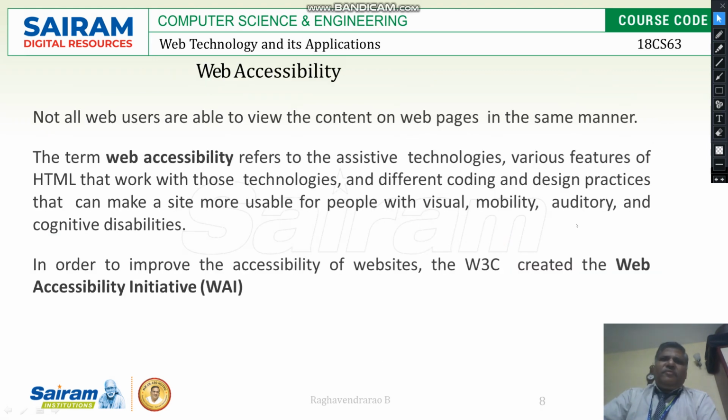So you can access it by web accessibility. The contents can be accessed by the web. The term web accessibility refers to assistive technologies. You are able to view, with mobility, audibility, so many things that you can do in the